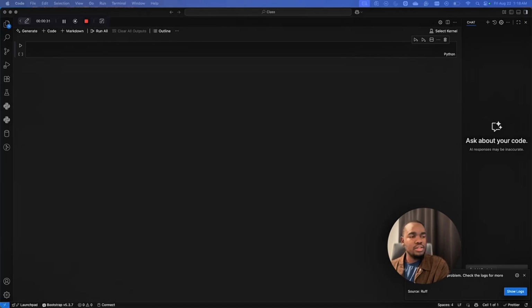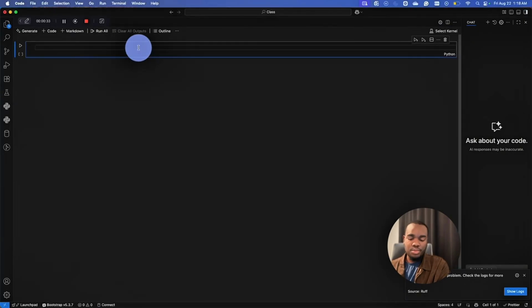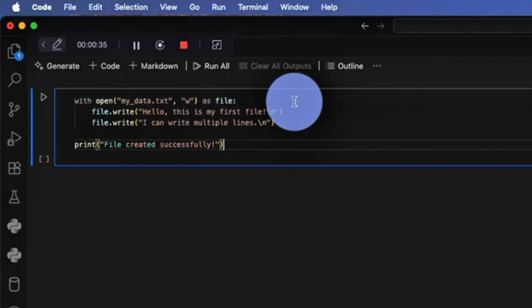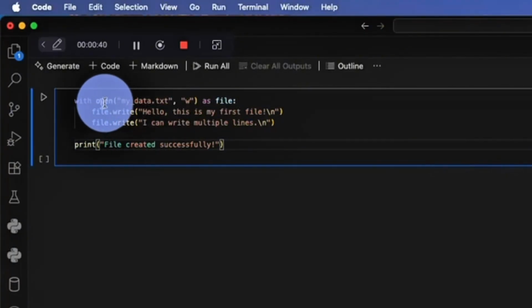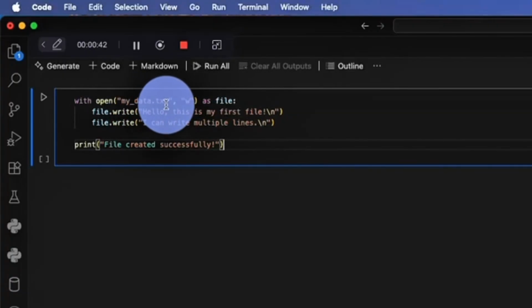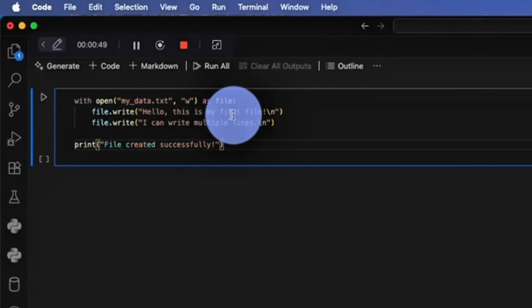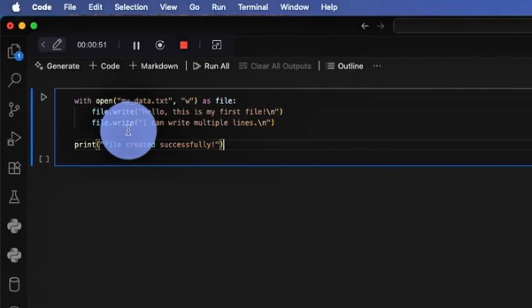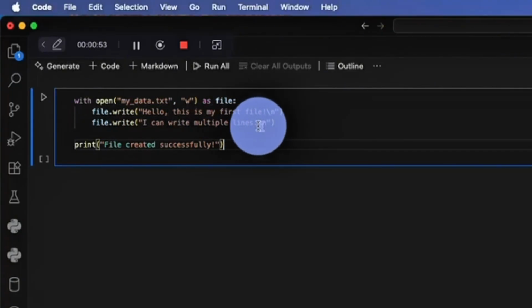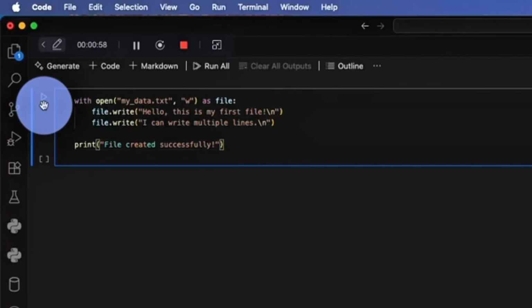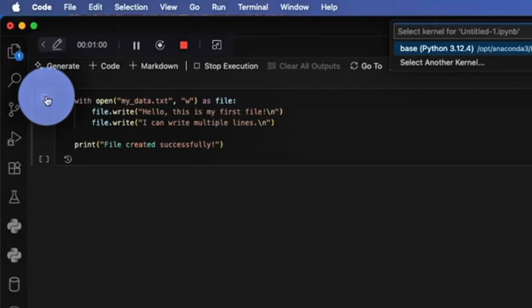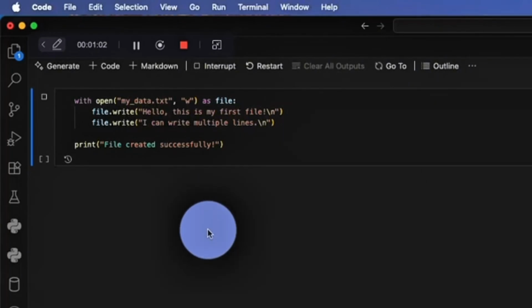So let's look at code that could help us create a new file and also write to it. With open my data.txt, w as file, file.write "Hello, this is my first file." Also write, I can write multiple lines. Print file created successfully. If you run this in base Python,